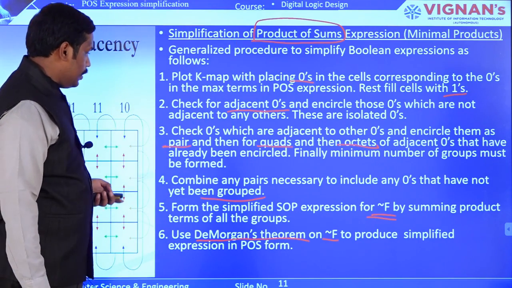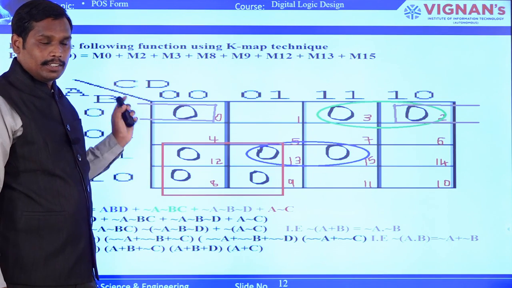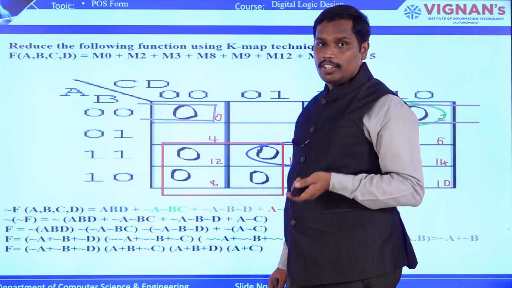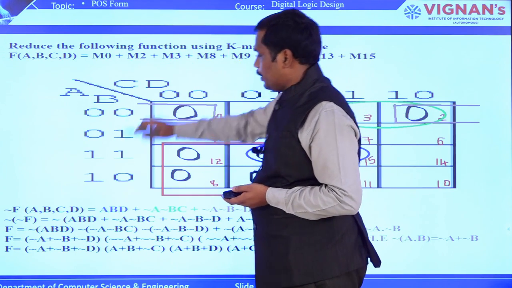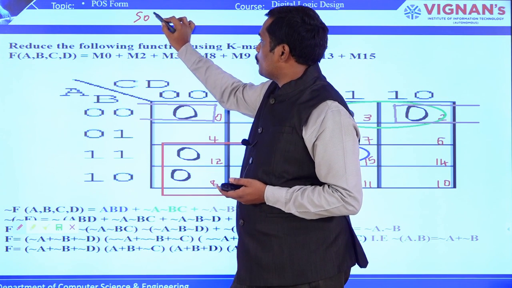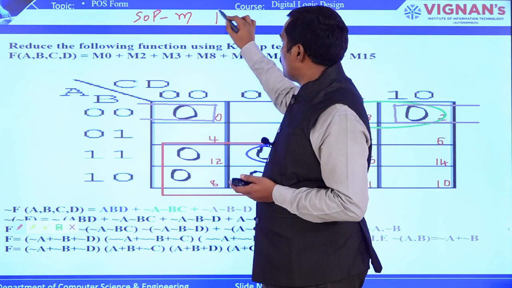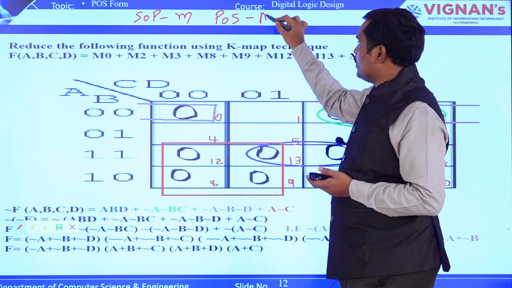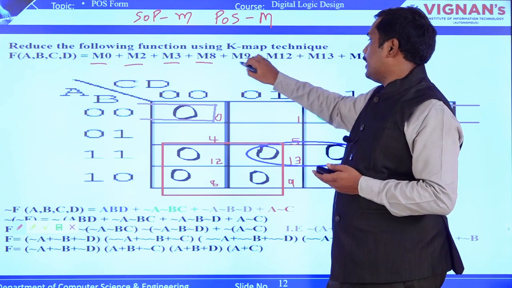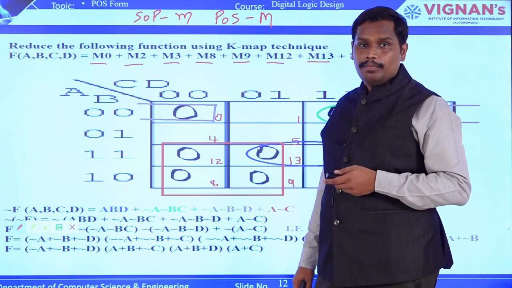Okay. So now we'll see with an example. So this is the last example. With this, the topic is over. So there are min terms in sum of products. In SOP, we generally say min terms, represented with small m. But in POS, it is represented with capital M. So this particular capital M represents that the given Boolean expression is in product of sum form.